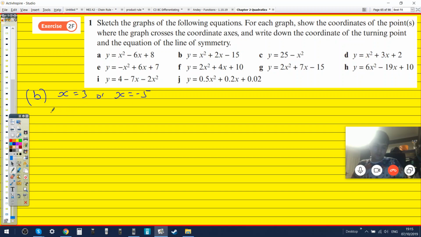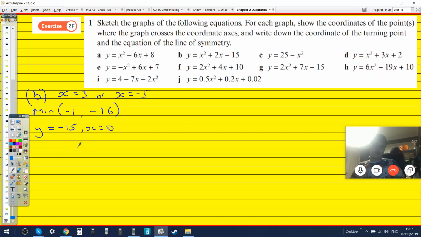And then the minimum is -1, -16. And then do I need to sub 0 into the x's? Mm-hmm. And so is it just -5, y is -15? Mm-hmm. And then to draw that into a graph,